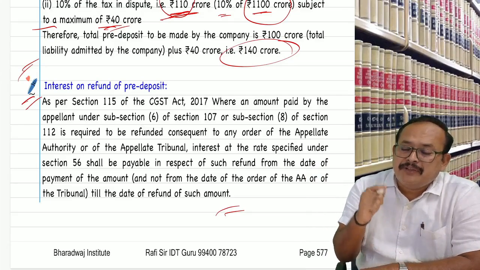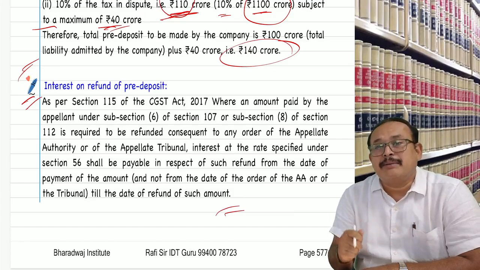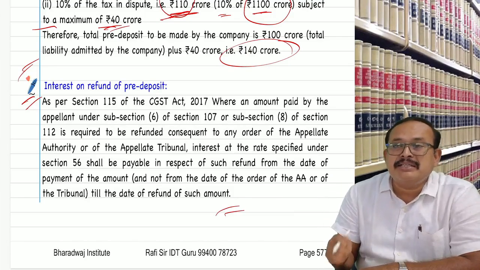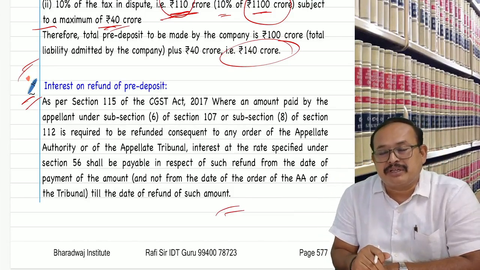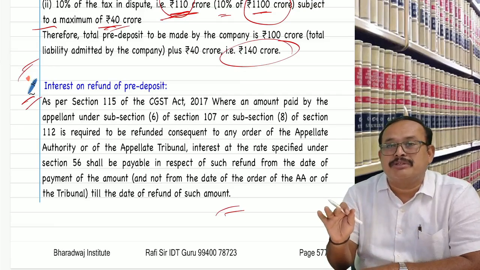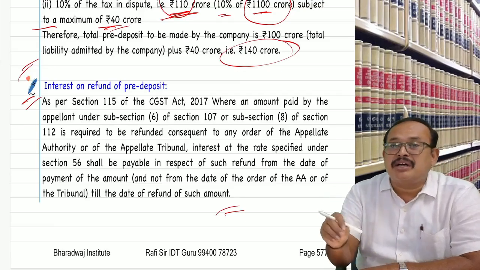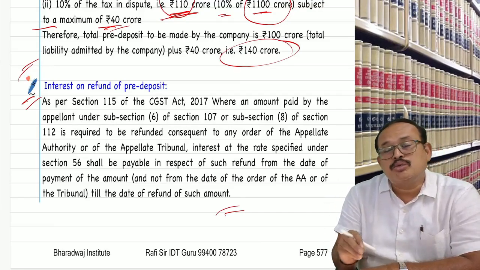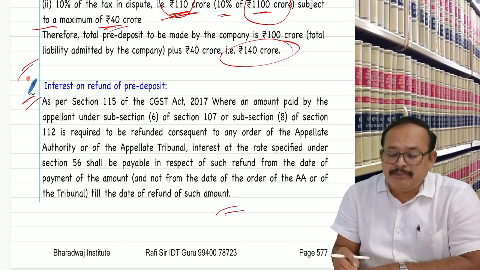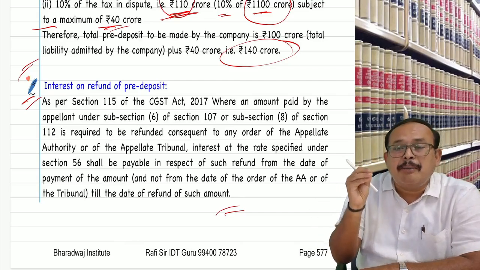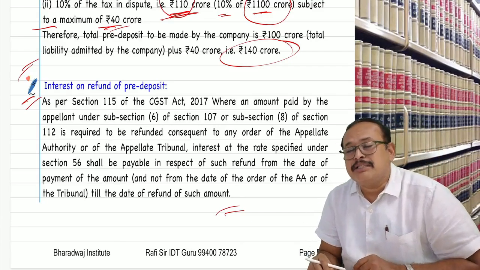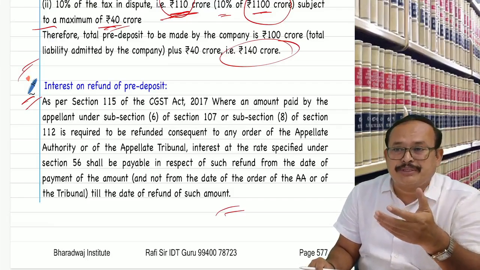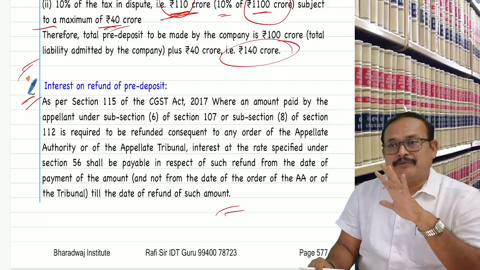Further, if the order is passed by the first appeal authority, namely joint commissioner appeals or commissioner appeals, one can go to the tribunal by pre-depositing 10%. In the last class we referred to this point, 10% of the tax dispute amount. If a revision authority passed the order, with which the taxpayer got aggrieved, he can go for appeal to the appellate tribunal, namely the GST appellate tribunal, where the pre-deposit is also 10%. Maximum should not exceed 40 crores of rupees. This point I already referred with a numeric example.